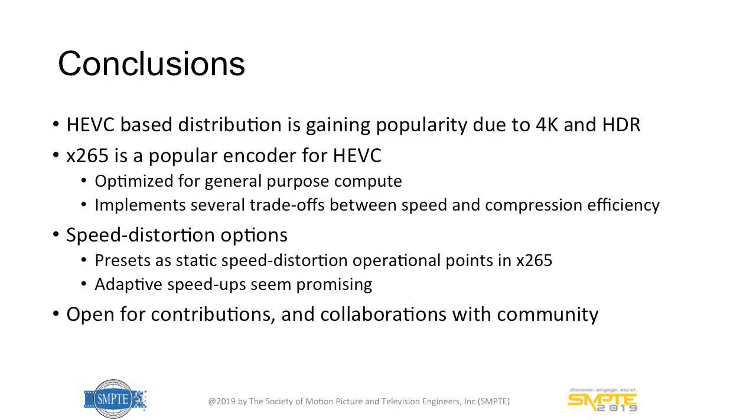So this is it, and a couple of conclusions and thoughts about the future. First of all, HEVC is popular, and x265 is gaining popularity as a result of this. And the main use case for now seems to be more UltraHD than HD. And we need to optimize for this. Why do we care about complexity for 4K? It takes right now, if you don't parallelize and don't do interesting stuff, about 40 hours to encode a 4K asset. This is a lot of time, a lot of CPU, and is expensive.